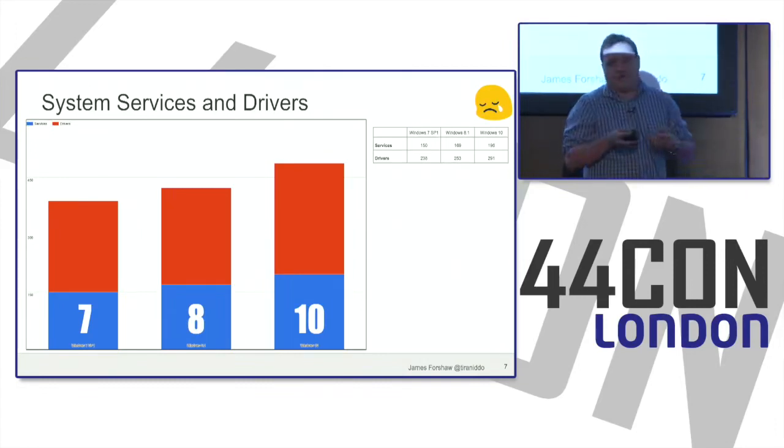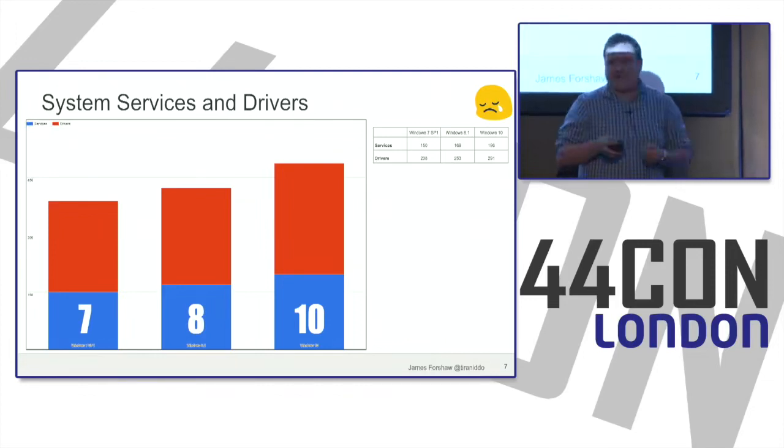So what I felt was the best immediate metric I could choose was to look at how many system services and system drivers are actually installed on Windows 10. But in isolation, that's not a very useful metric because you have no way of comparing it to anything else. So I did the same for 7 and 8. I installed a default installation of 7, 8.1 update 1, and 10 on the same sort of VM implementation, updated them to the absolute latest I could, and then did a simple measure of how many system services and system drivers are installed by default.